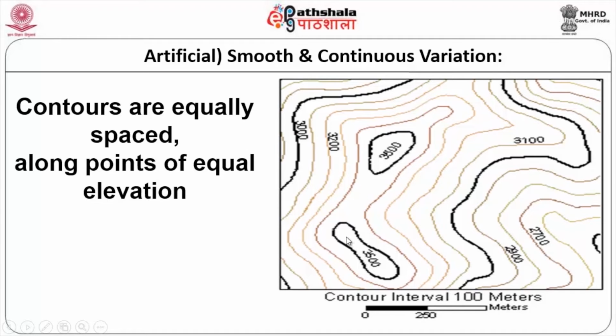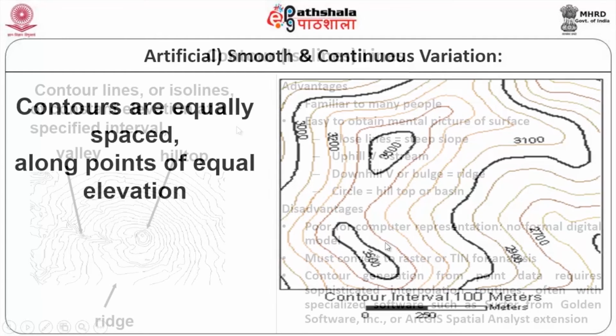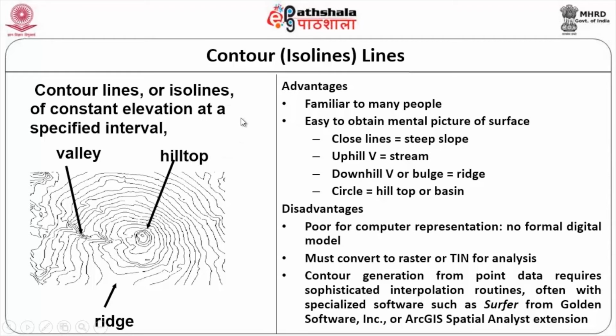Somewhere here, if we have at this particular point one value, that is called a spot height. Spot height will be here, and that will be 3644, or less than 3700, because 3700 means one more contour would have come. So, between 3601 and 3699, whatever values are there are represented by your contour value.